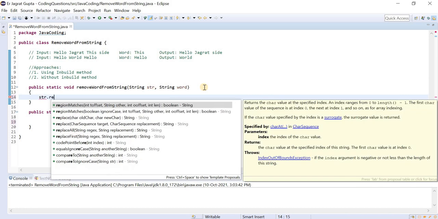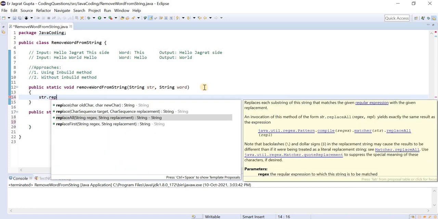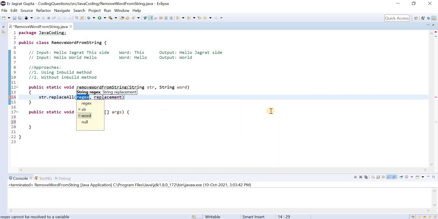String dot replaceAll. The first parameter is the particular regular expression. It replaces each substring of the string that matches the given regular expression with the given replacement. So with the help of this we can solve our problem. Here we will give the word that we want to replace, and here I will give the empty string.